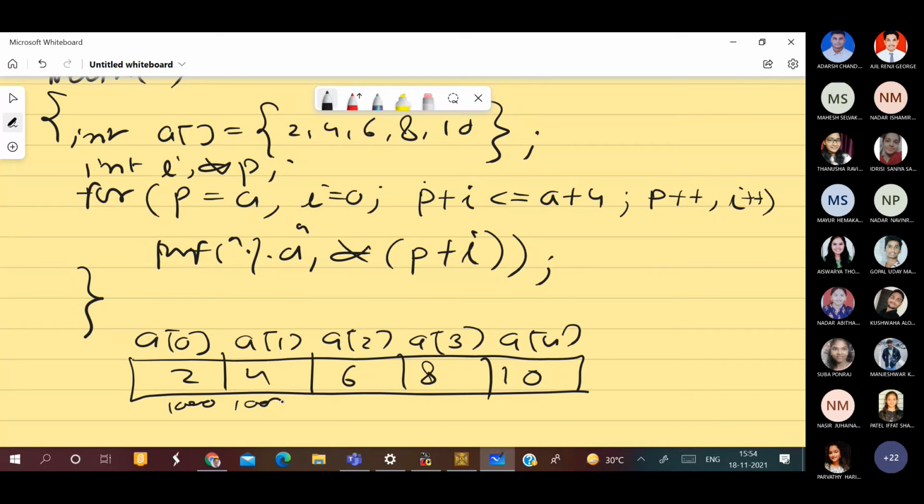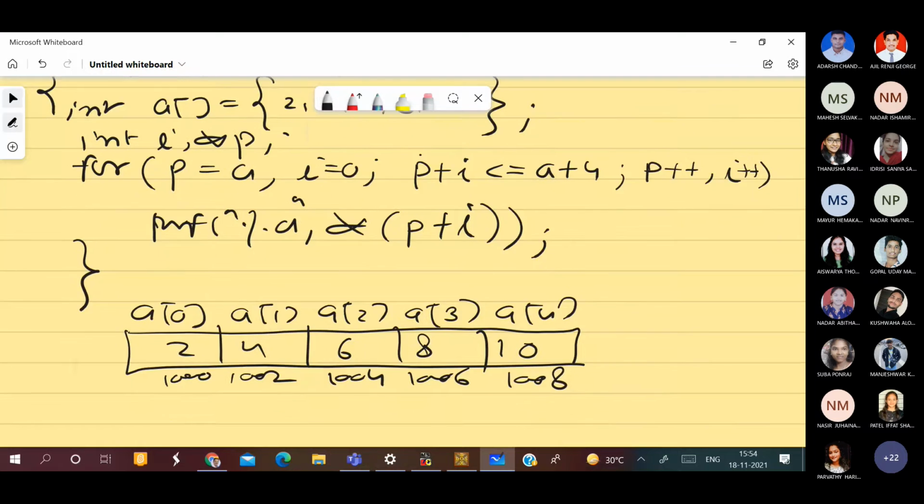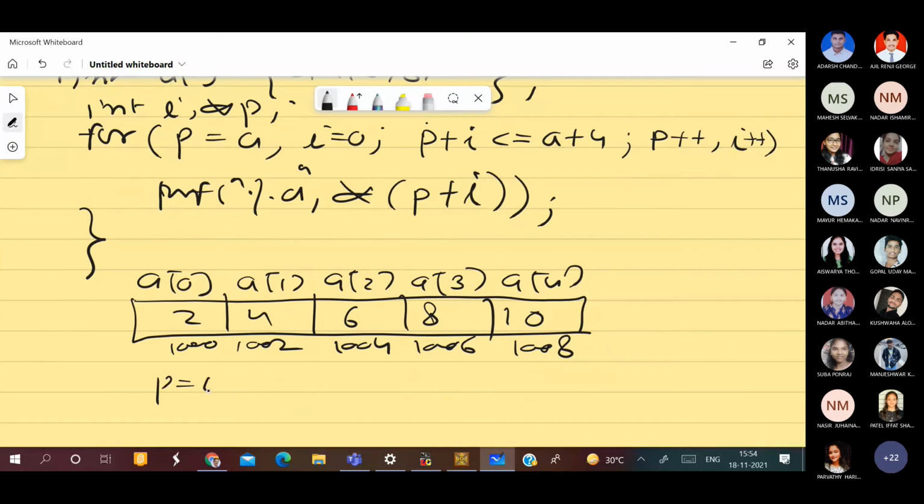Addresses 1000, 1002, 1004, 1006, 1008. Once I say P is equal to A, what is P right now? 1000, right? I is 0.